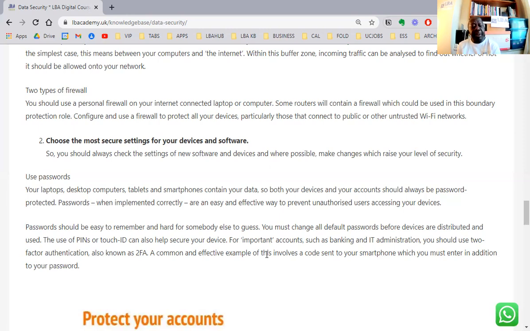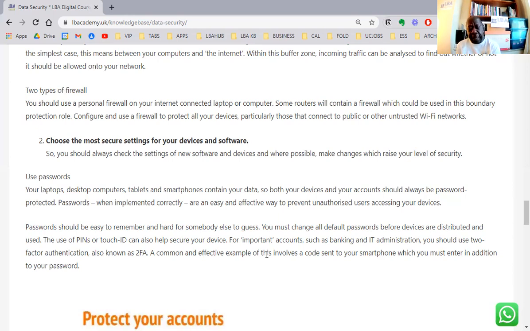Passwords should be easy to remember and hard for someone else to guess. You must change, like I said, all default passwords before devices are distributed and used. The use of PINs or Touch ID can also help secure your device.